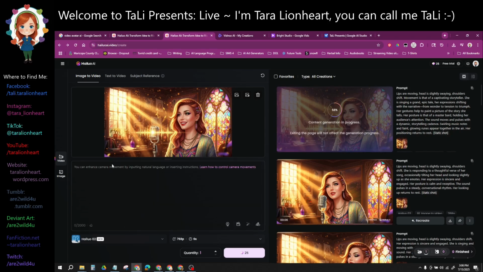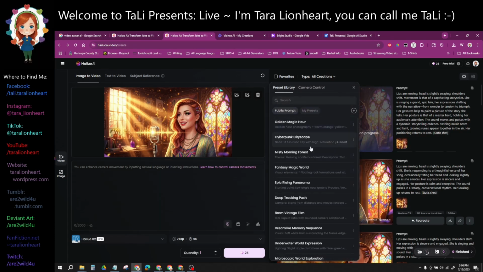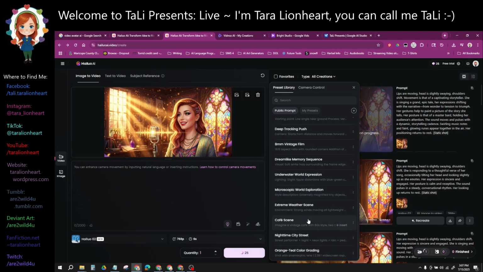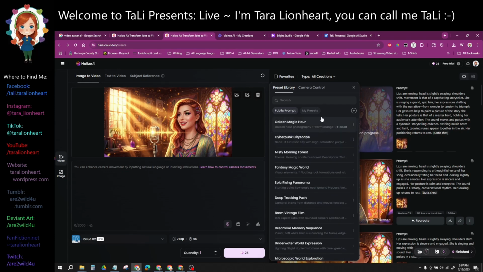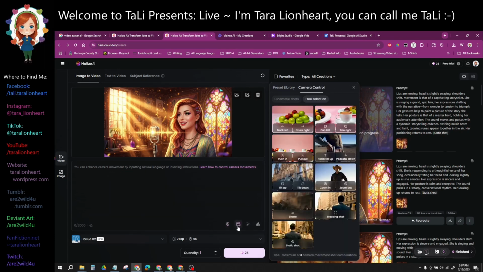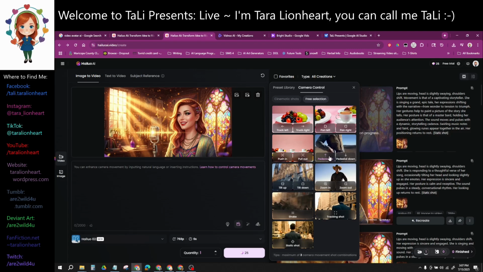And then I just cleared our prompt, so that'll be fun for when we come to our next one, but useful. We have presets that are available. These will change the way the camera looks, behaves, any special effects and tinting that is going to be applied. Then we have our camera controls, which is also accessible from the second button over. So truck left, pan left to right, push in. These are actually, I love the animations.